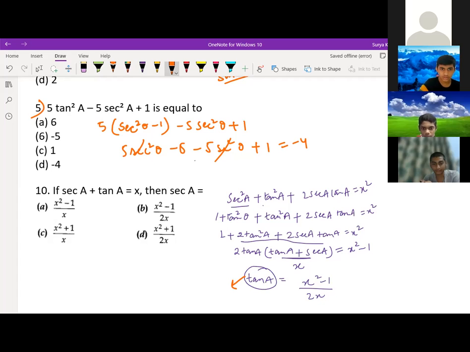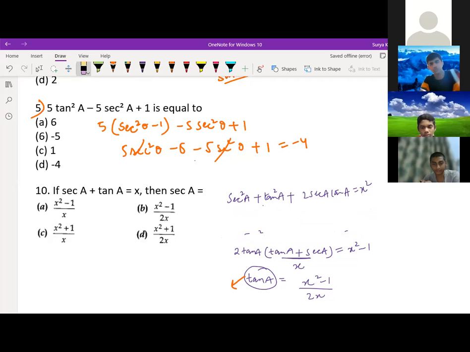What will be? What you will write for tan A? Sir, we will not write anything. Better you just try to change the value of tan A here only. In this formula, sec A plus tan A equals to x. Then also we will get the answer. So this is the best way to write this one, right? Better change that only, because that's the easiest way.